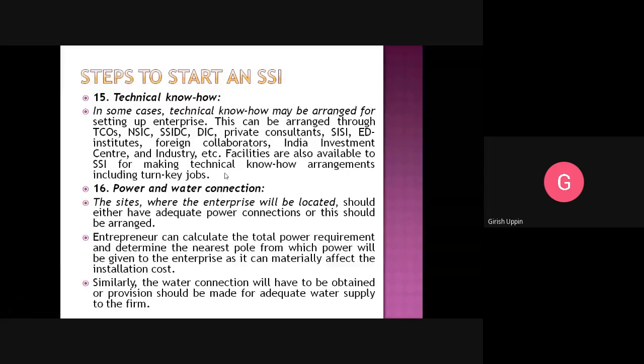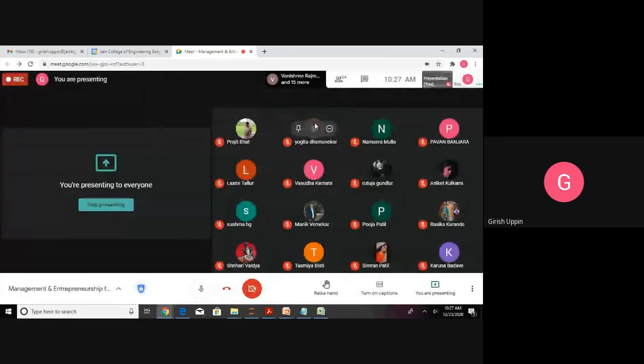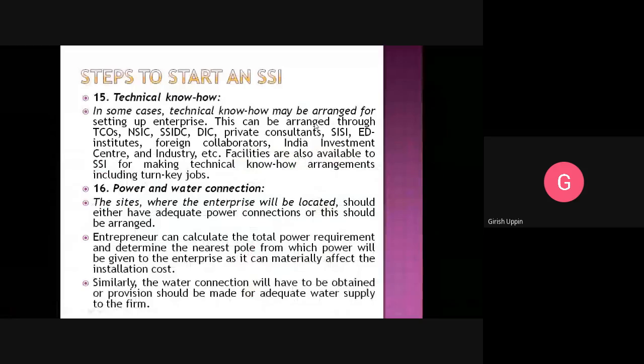Suppose they are starting enterprises in the FMCG, fast moving consumer goods. If they want to have more entrepreneurs in that particular area, the different agencies of the state government and the central government conduct EDP programs in the FMCG sector. They can conduct EDPs in textiles, where they will talk about the technical know-how also.